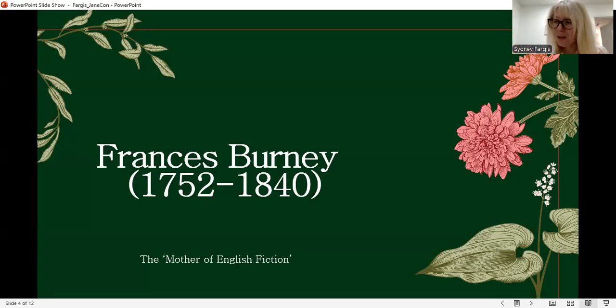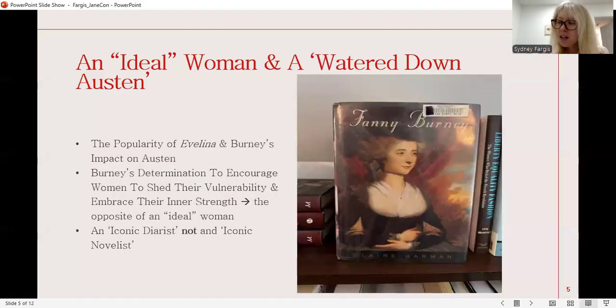So on page 40 of Jane Austen's Bookshelf, Romney wrote, in Austen's impassioned defense of novels in Northanger Abbey, she named as examples 3 novels in which the greatest powers of the mind are displayed. Of those 3 novels, 2 were by Burney. I think it's important to note as well that the first time Austen's name appears in a novel, it appears not in a book written by her, but rather in a book written by Burney.